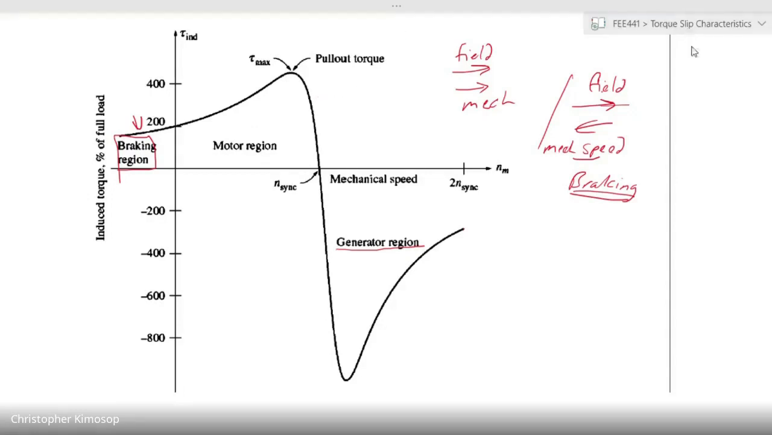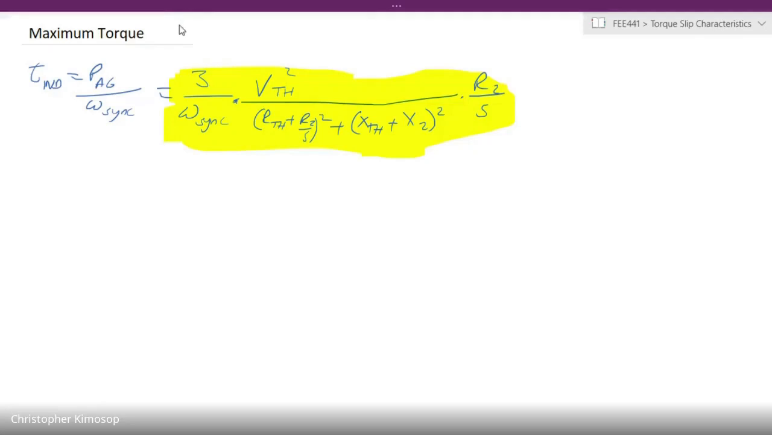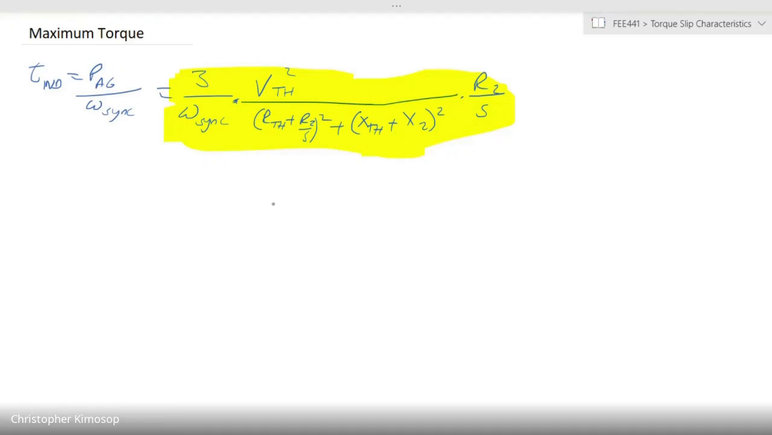So now moving on, let's have a look at maximum torque. How do we get the maximum torque? Now, we've said that the torque is given by this equation, which we have just derived on the other side, right? We went through and we saw how this comes about. Now, when you have the maximum torque, if we look at the Thevenin equivalent circuit, the maximum torque is obtained when you have